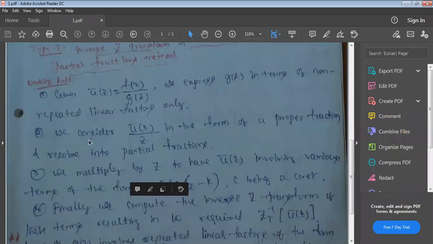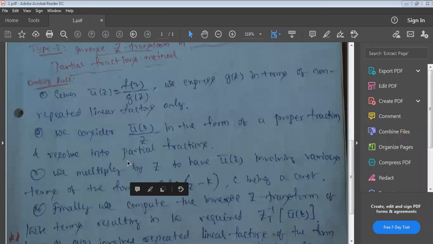After that, if you have z square plus 3z plus 1 here, factorize this. I mean, you write it as a product of linear factors in the denominator in step 1, like the partial fractions of inverse Laplace transformation. Same thing will come here also. Next, in the numerator, 1z you take it to the left hand side and write that function as u bar of z divided by z. So u bar of z divided by z is equal to some term will come.